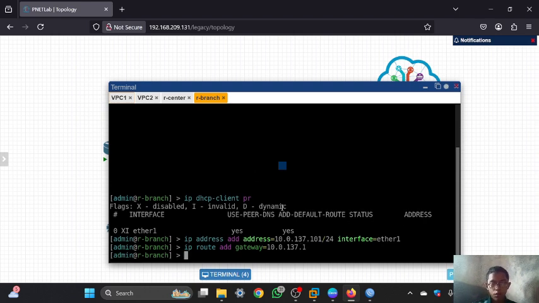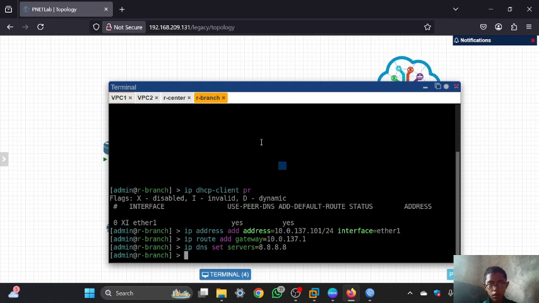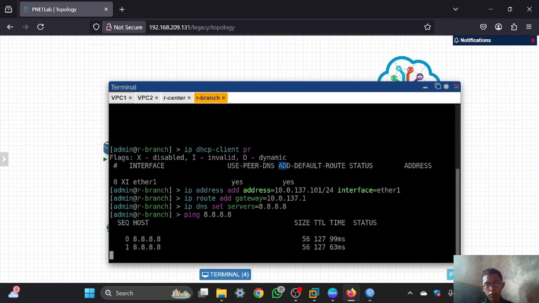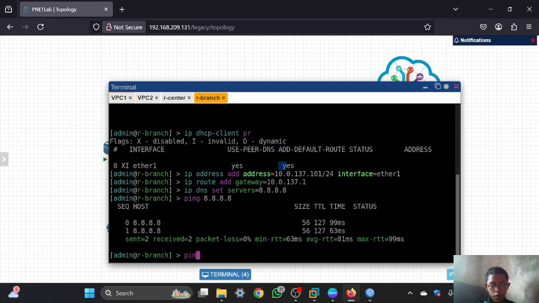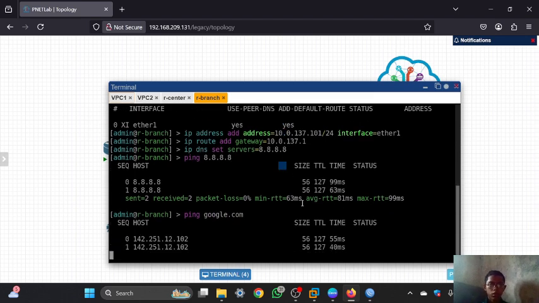And next I will configure the DNS server. And after that I will try to ping to the internet. And as you can see, it is successful. And if I try to ping to the domain of google.com, it is also successful.